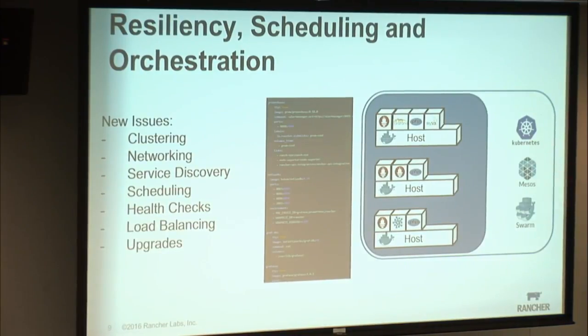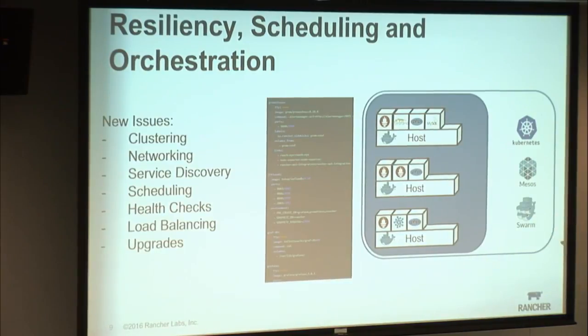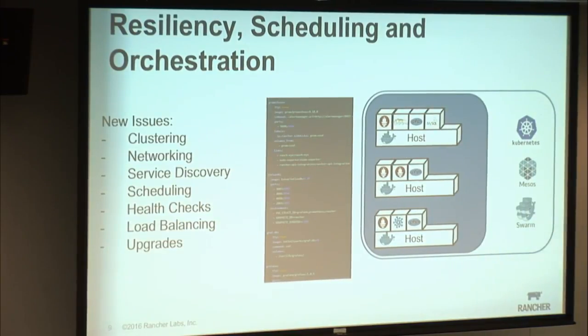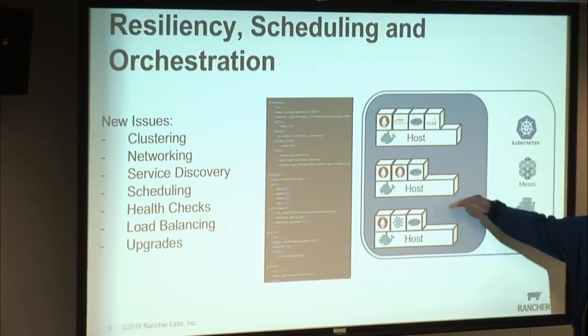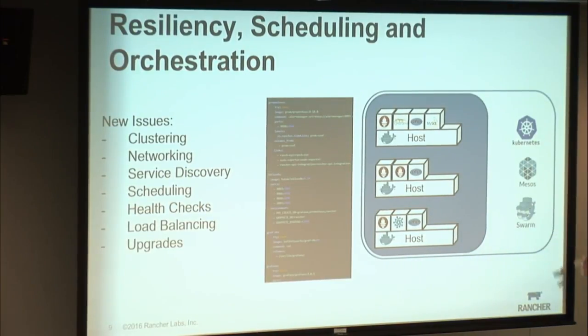There's projects like Kubernetes, like Mesos, like Swarm. Joyent has a cool project that's geared around this. There's lots of different things. There's new projects, Nomad from HashiCorp. So there's different types of schedulers and orchestration tools that can allow you to pool together a set of hosts to start treating them as a unit.